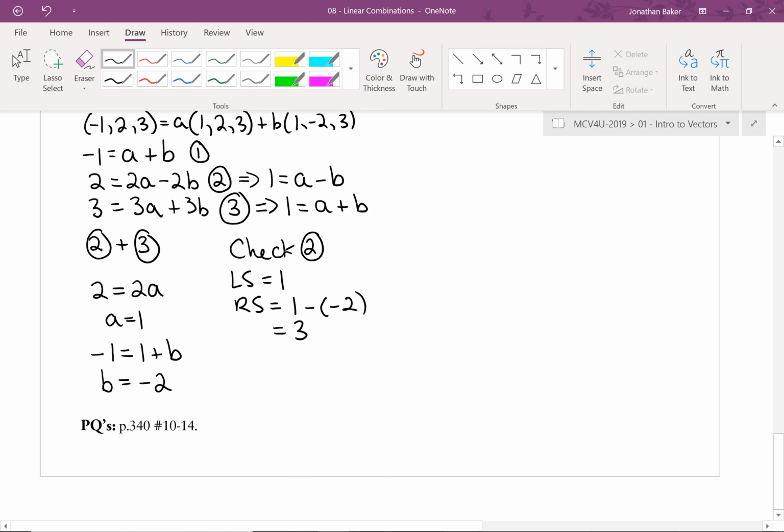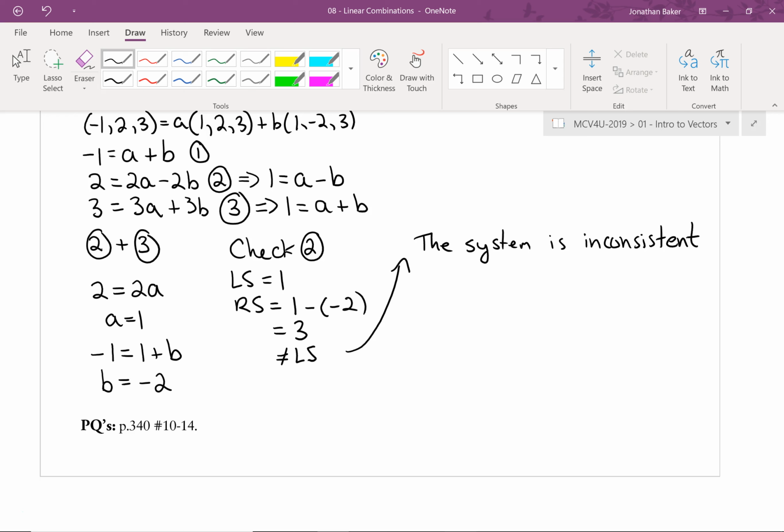And since we got a left side that was not equal to the right side, we can say immediately that the system is inconsistent, and that means that there is no value of A or B that would work for this system. All right, so the system is inconsistent, and so therefore